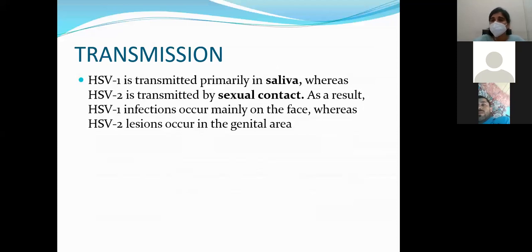As I told you, the herpes virus family has a potential of latency. What happens in latency, son? The primary phase is followed by the latent phase. The latent phase is actually the asymptomatic phase where the virus resides in the body, and when there is an inciting event, the secondary phase appears.